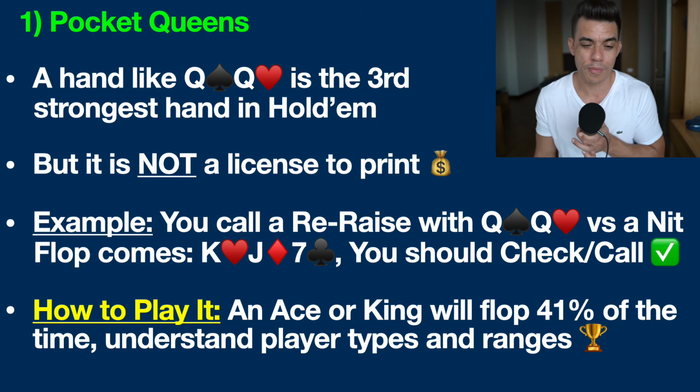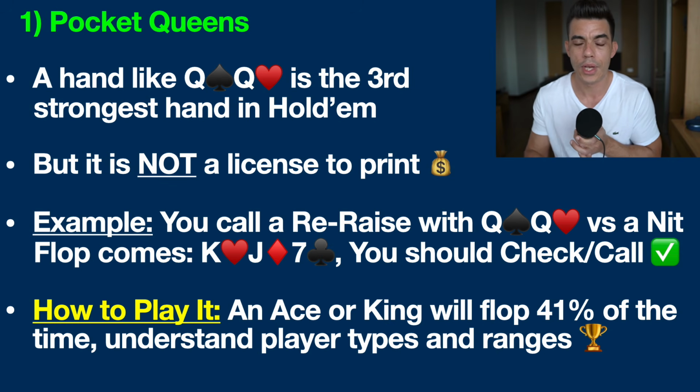and we also need to give them a little bit more respect when the flop comes down with the king of hearts, jack of diamonds, and 7 of clubs. Guys, in a situation like this, you should check-call. I'm not willing to relinquish my pocket queens yet, but we should realize that versus this player's range,